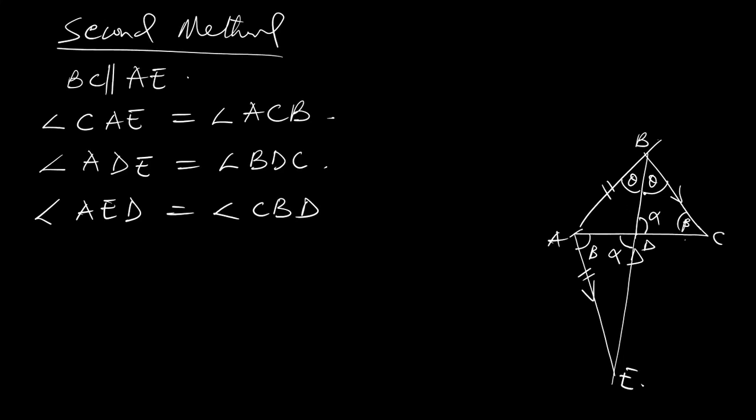That is, this angle is equal to this angle. This is theta. So now it means that triangle ADE is similar to triangle BCD. So if those triangles are similar, it then means that now the ratio AE